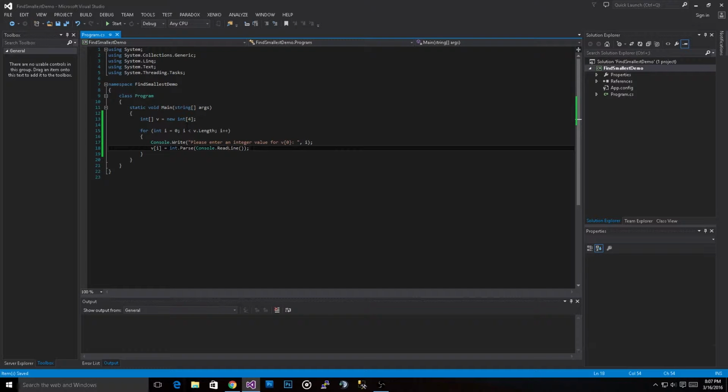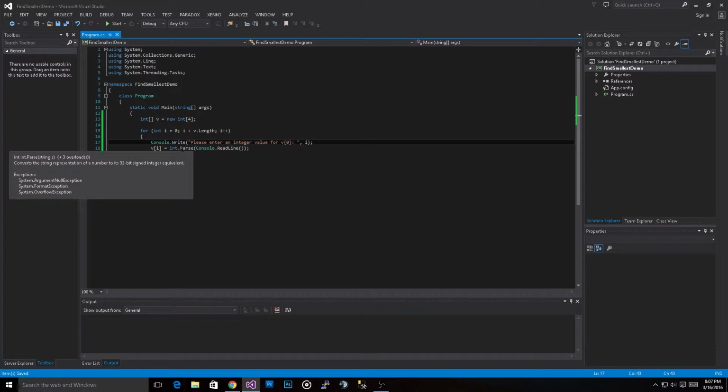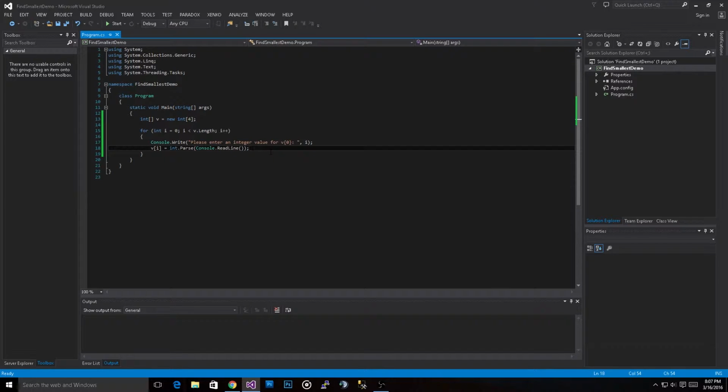I'm going to use int.parse here. I believe he taught you guys about int.tryparse, but for expediency we'll just use int.parse. Just be aware that if done this way, if someone enters a letter instead of a number, it will cause the program to crash. I'm going to put a little space there each time it runs. Now if we run it now,